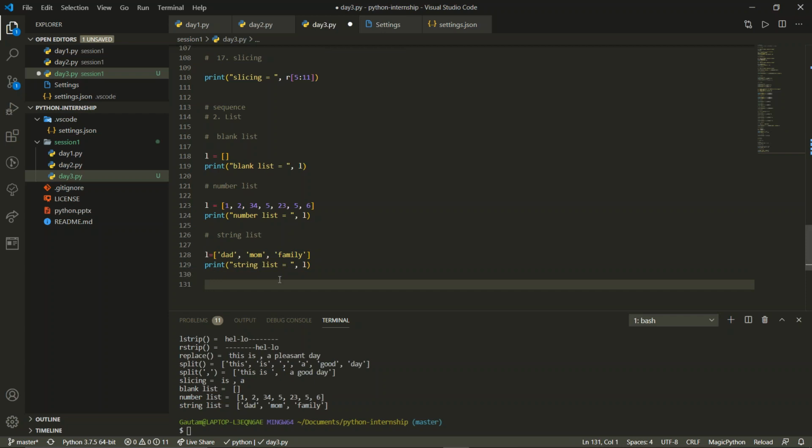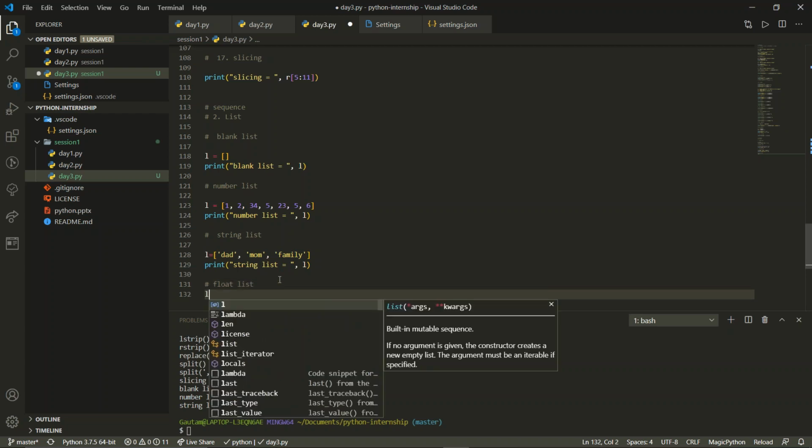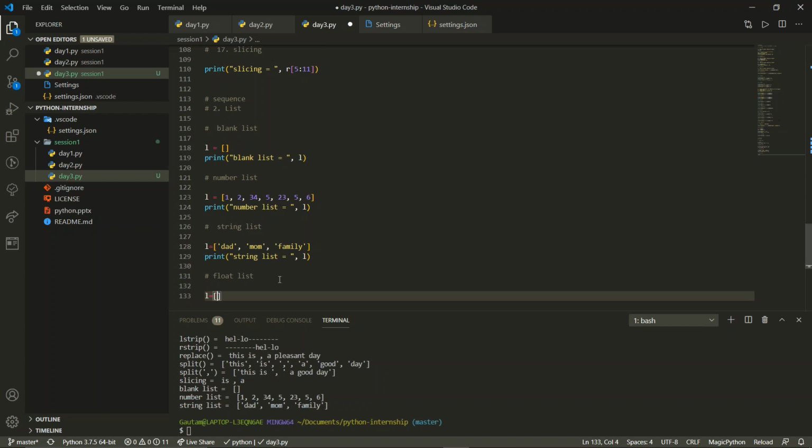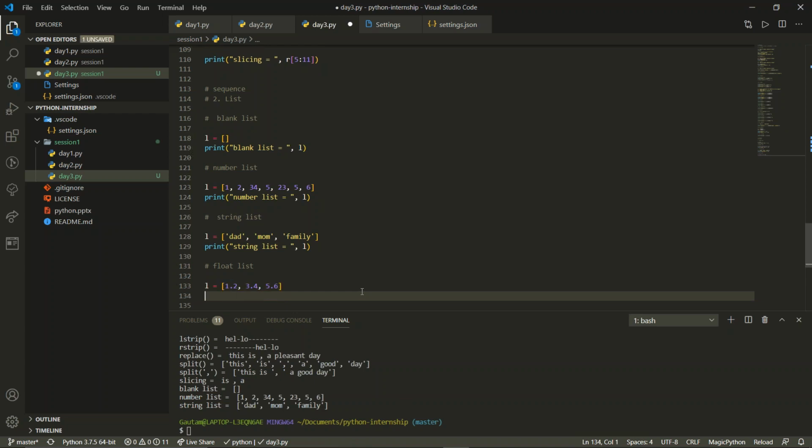Similarly, we have a float list. Again L equals, then inside the list 1.2, comma, 3.4. Over here also we don't want single quotes because these are numbers.